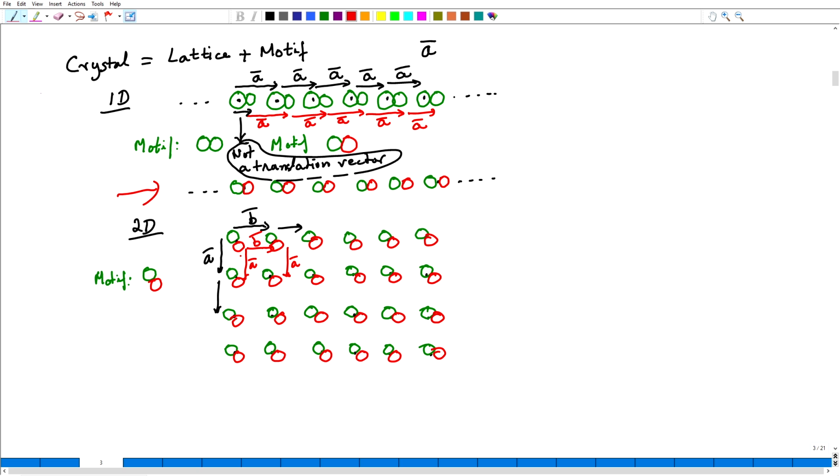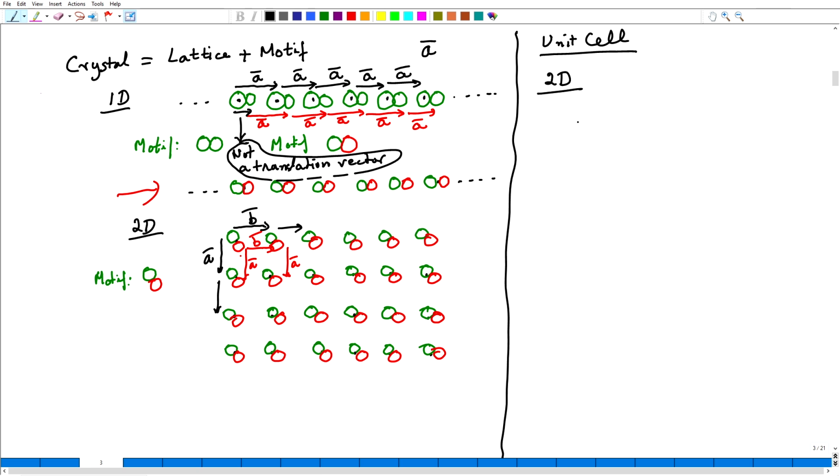translation. Now, this again, whether it is one dimensional or two dimensional, they are all infinite arrangement of atoms. So, therefore, we need to reduce it down in order to describe this structure. I need to look at a method of describing it by describing a small unit which we call as the unit cell. Let us just consider the two dimensional case, and let us define the unit cell with respect to a lattice.